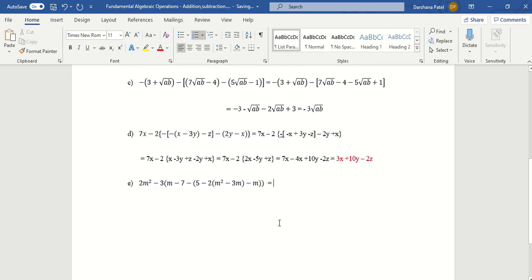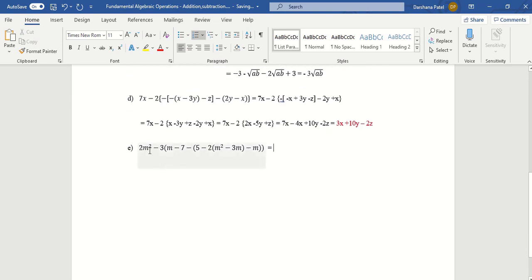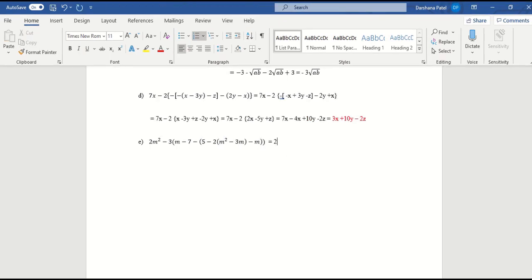One more here then. Similarly, if we have more than one bracket, although all of them are round brackets, we'll start with the inner bracket first. So we'll get rid of this round bracket first by taking 2 inside the bracket and multiplying. It is very tempting to do 5 minus 2 become 3. But we have to follow the order of operations, BODMAS. We cannot do this first. We have to multiply first. So we get 2m square. So we get 2m square minus